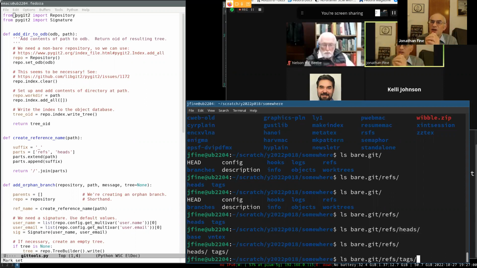write ordinary Python code that doesn't know anything about Git. This is the stuff that interfaces with Git, but I can write Python code that just knows about the file system. And it would create a Git repository for me that would have all the content of the macros folder in a TechLive distribution. As in, if I remember how we got here,